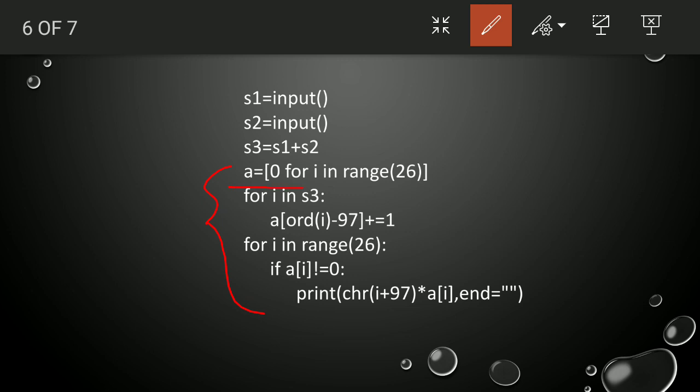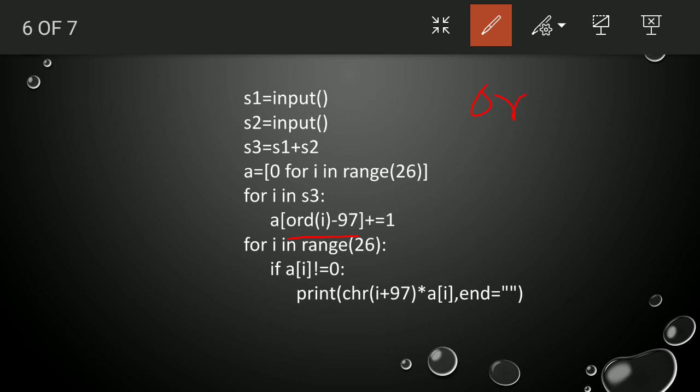We take A equals 0 for i in range, so we have considered a list filled with 0s, up to 26 values. And we take i in S3, so each and every character of the string S3, that is Ravi Teja in our example, starting with R. We take ord of i.